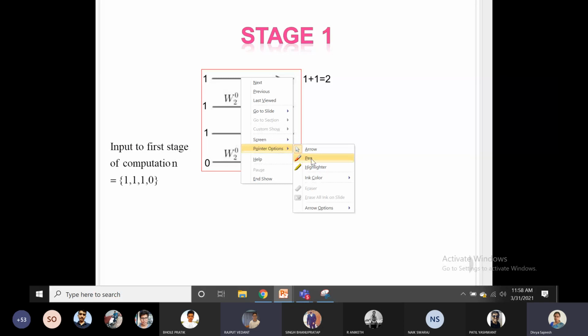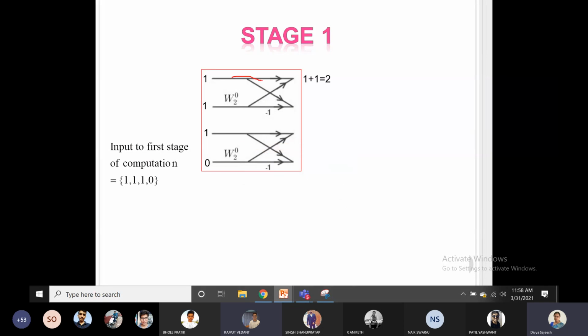It will be 0. So 1 is coming here, but this 1 will be multiplied with this minus 1 coming here. So 1 minus 1 has to be 0. Okay. Similarly, for the next, can you complete it? It will be 1. 1 minus 1 plus 0 equal to 1. The other one is 1 minus 0 equal to 1 only. So these are the outputs of the first stage.